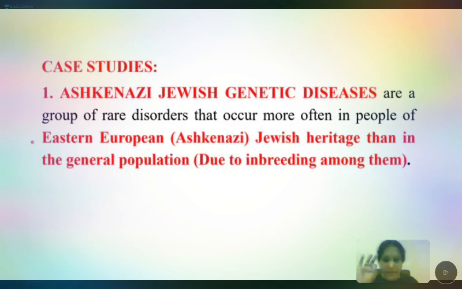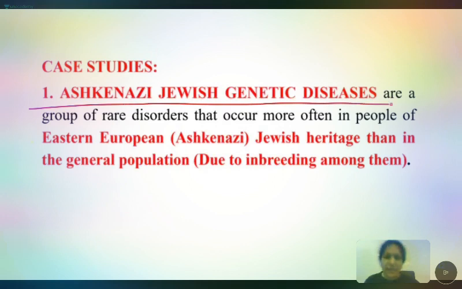Distribution is over, determinants is over. So it means most of the epidemiological anthropology is completed. If you just observe the slide numbers, more than 50% of our 9.8 is completed. So now let us see some case studies. The case studies are interesting and also familiar to you. Ashkenazi Jewish genetic diseases, a simple inbreeding concept. There are some genetic diseases which are more common among Ashkenazi Jewish people. Is it clear? Just like the founder effect,